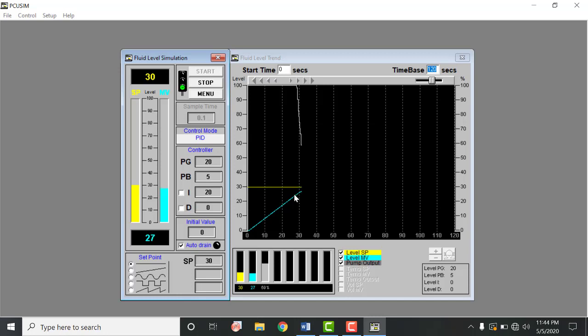Now you can see that when the value of 25 is achieved, this behavior becomes a little exponential as compared to linearly accelerating. Now what does it mean? This proportional limit of 5 is set, so the simulation understands that when the difference comes to 5 points, I mean 30 minus 25, it would become 5.